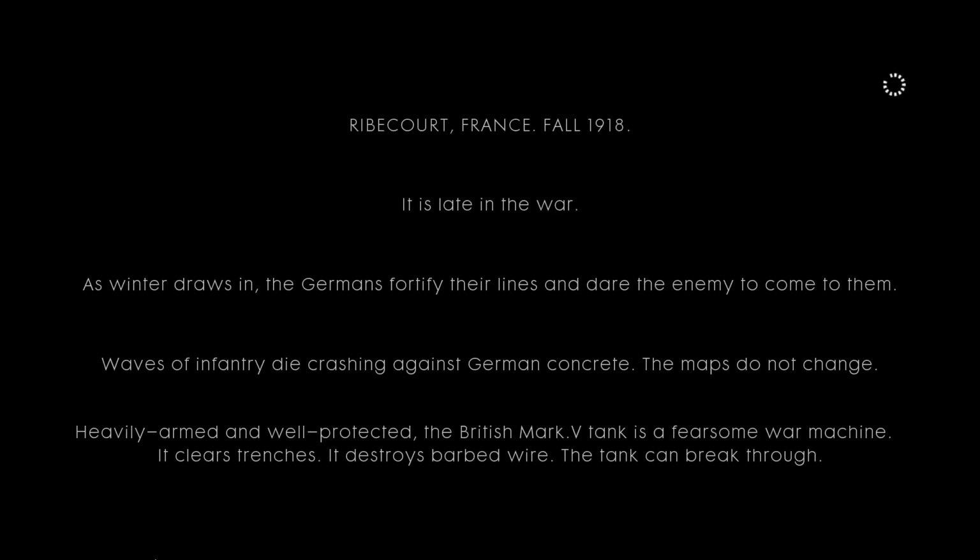We learn here that it's late in the war and that the British Mark V tank is a fearsome war machine that can clear trenches and break through enemy defenses. However, it has a flaw in that it's not reliable. We also learn here about the preparation of the British forces' assault on the town of Cambrai before a scene